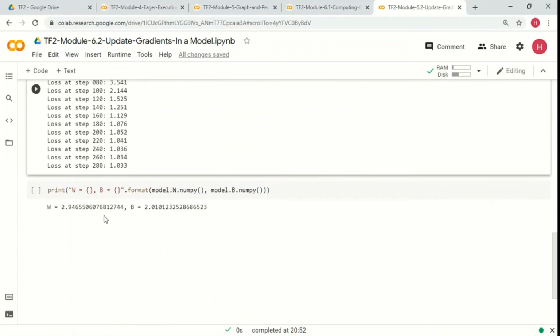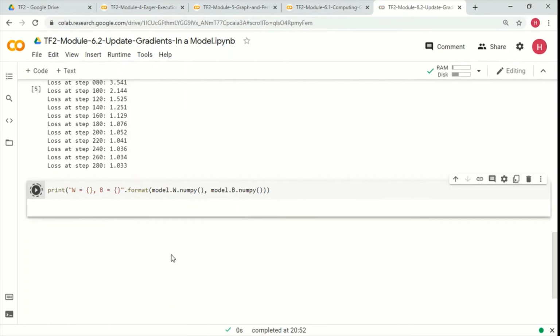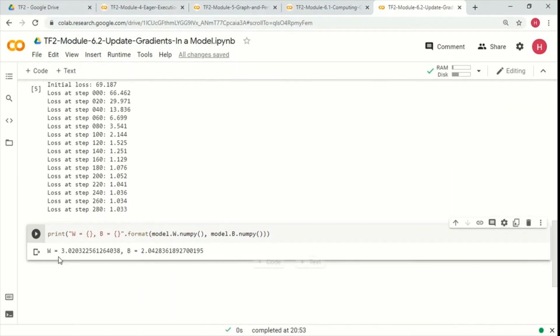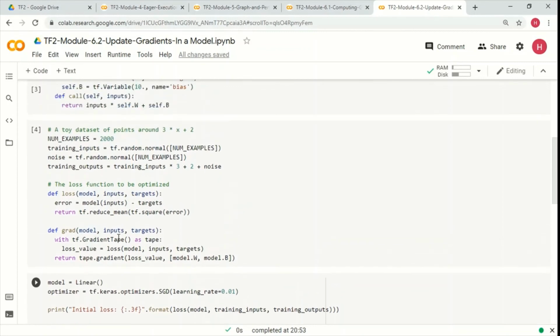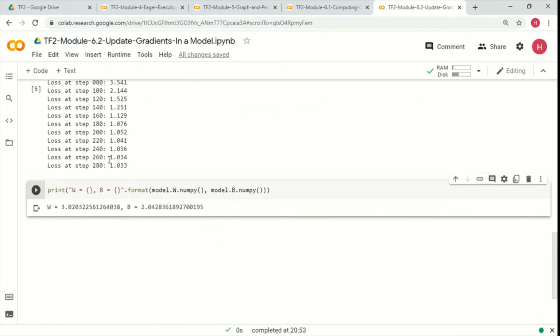And finally, once we are done through this, we are trying to print W and B, weight and bias. And now it is not very surprising to see that W has come closer to 3, because the linear data that we created had a slope of 3 and the bias was 2, and that's what the model training process did, it adjusted our weights and bias so that they become closer to the actual labels.